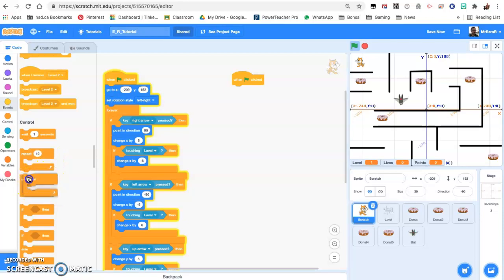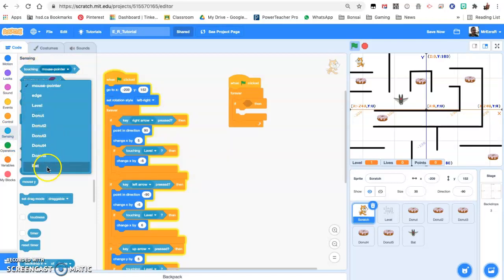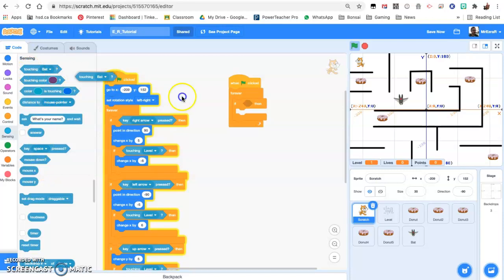So let's use a forever control block. And we're going to create an if-then statement checking to see if we're touching an enemy, and then having a series of actions occur if that is true. So if-then statement in there. Now, you'll remember we did a touching sensing block before. This is very much the same. You'll notice when I click here in sensing and go to the mouse pointer drop down, all the new sprites that have been added into the game since we last did that are available. So we're going to choose the bat. So if touching bat,